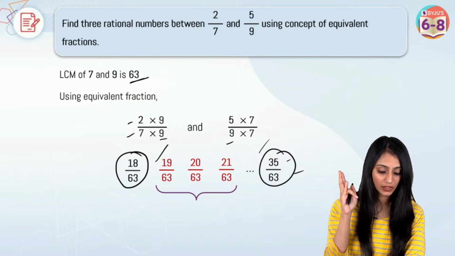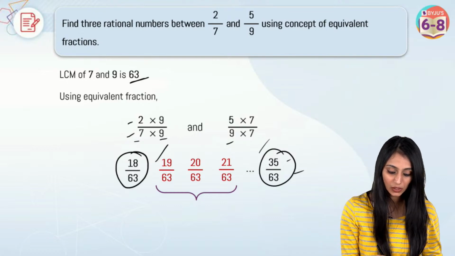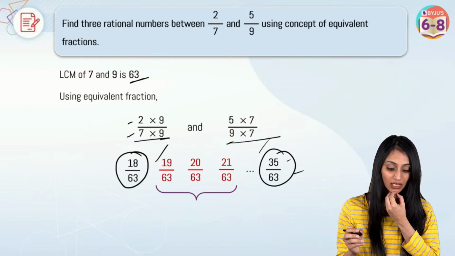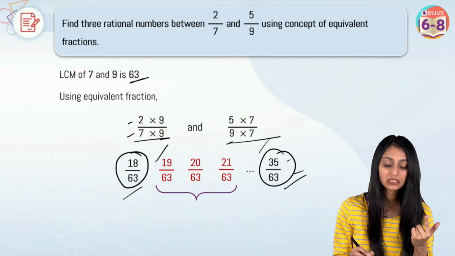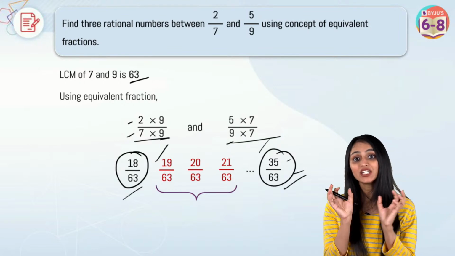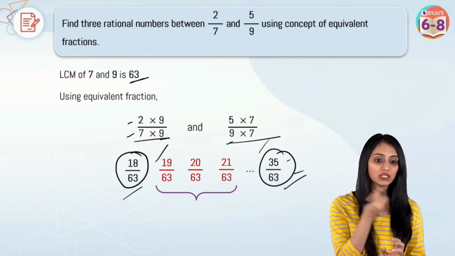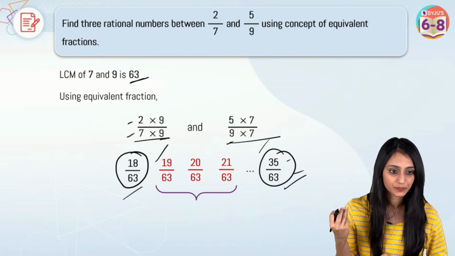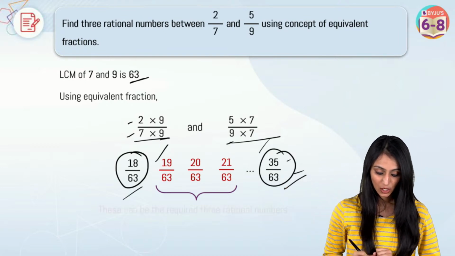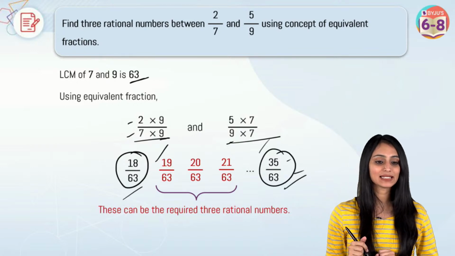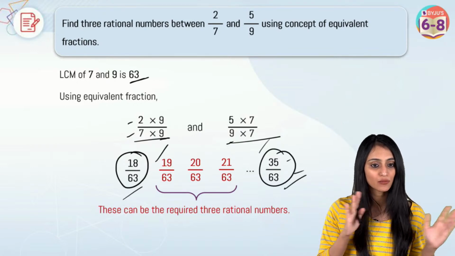All right. So what we are doing here is, first we converted them into equivalent fractions, right? The equivalent fraction for 2 by 7 is 18 by 63. Similarly for 5 by 9 it's 35 by 63. Now when the denominators are same, easily we can pick up the numbers, right? This is clear to everyone. No doubt still here? Quickly, just give me thumbs up and smileys if you have understood this question so that I can move ahead.